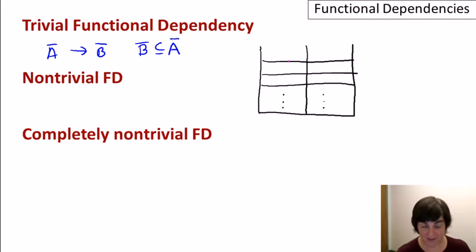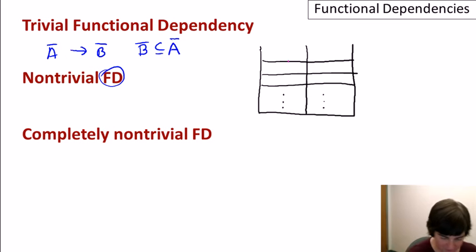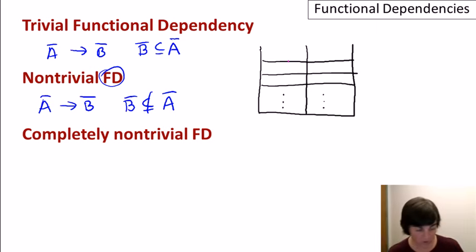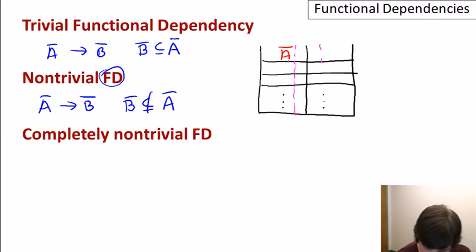So a non-trivial functional dependency is a functional dependency that's not a trivial one. By the way, FD is a common abbreviation for functional dependency. So if we have A determines B, then that is non-trivial if it's not the case that B is a subset of A. Going to our picture, let's have here our attributes A, and now we're saying there are some attributes in B that are not part of A. So we can say, well, maybe B is partially part of A, but there's some portion that's not part of A. So let's say that these are our B attributes here. So now our functional dependency is actually saying something. It's saying if we have two tuples that agree in these values,